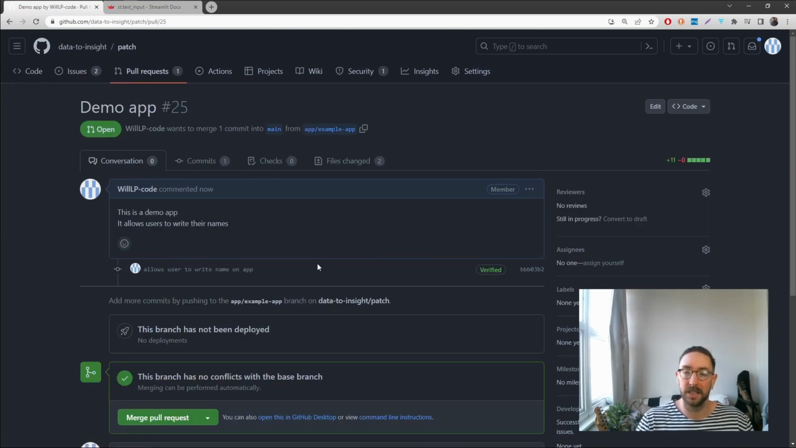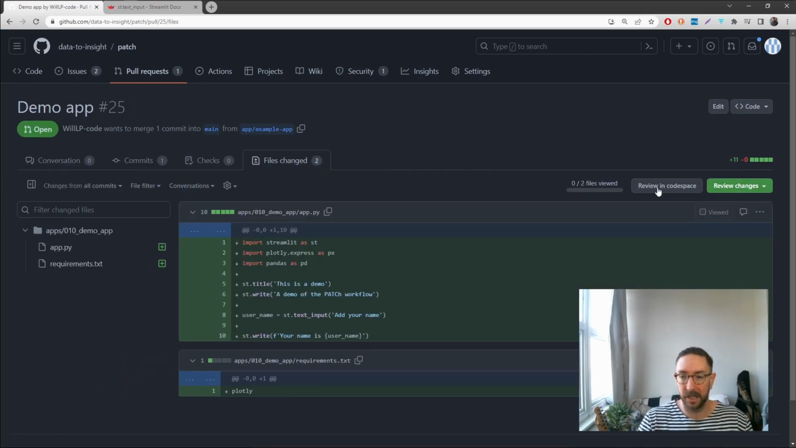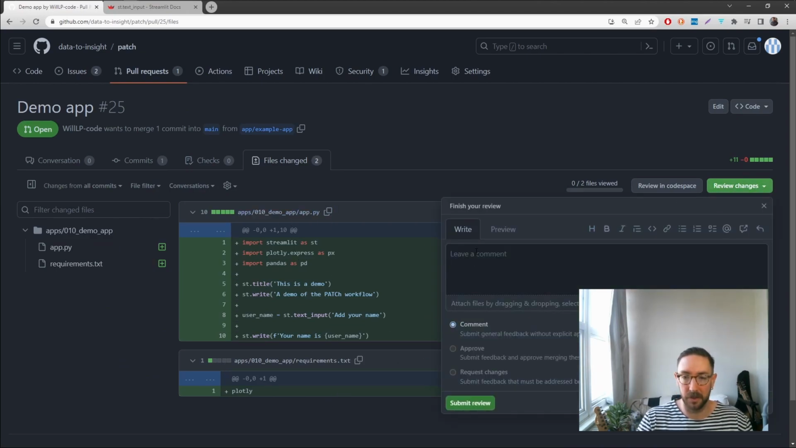What then happens is I will get an email and a notification telling me that you've tried to add your app to Patch, and I will review the code to make sure that it works. I will test it with a few different things. I might ask you some questions about it. I will go to this files changed thing, and I can see all the things you've added and taken away, and I will do a review. I will likely leave a comment